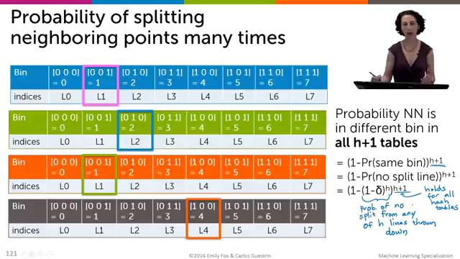I want to say this one other way in case the way I was presenting it wasn't clear. So in particular, what we're computing here per hash table is the probability that 1 or 2 or 3 or all the way up to h different lines split our query point from its nearest neighbor. One simple way of calculating that is 1 minus the complement of that event, which is the probability that none of the h lines that we throw down split these 2 points. That's what we have to calculate per hash table, and we just multiply those together